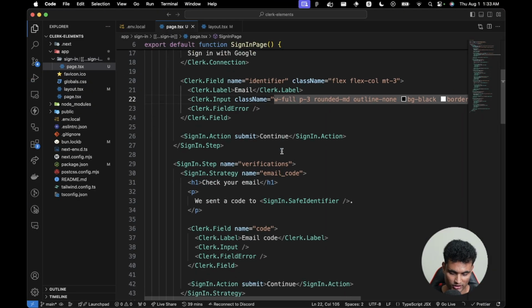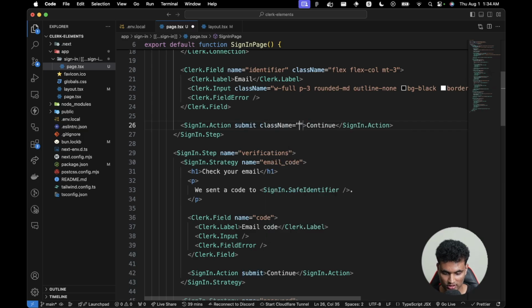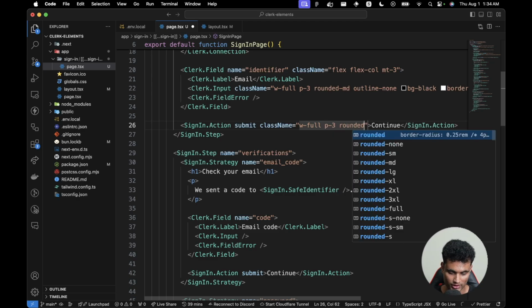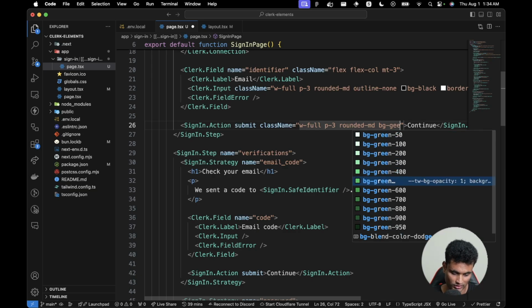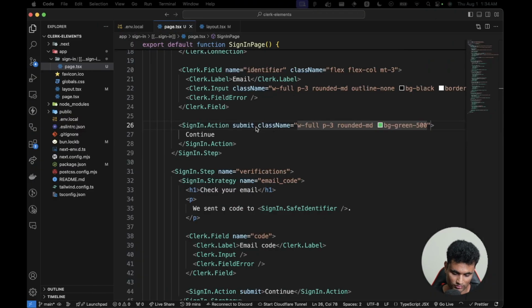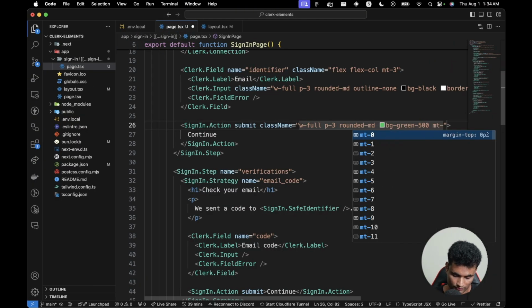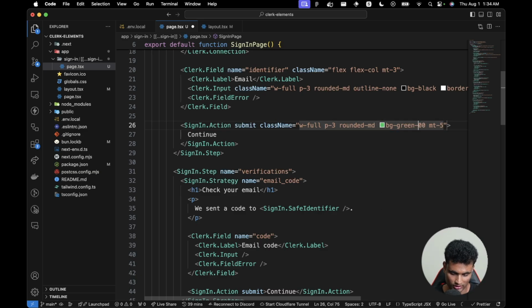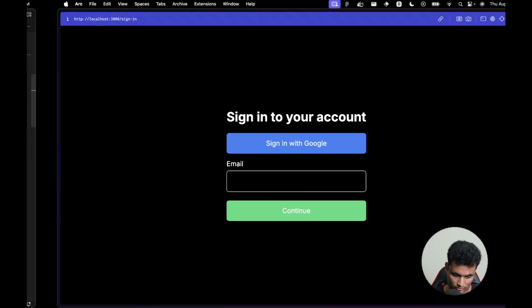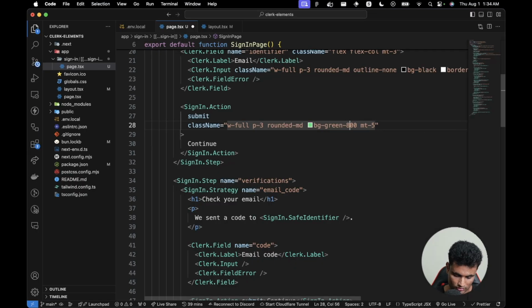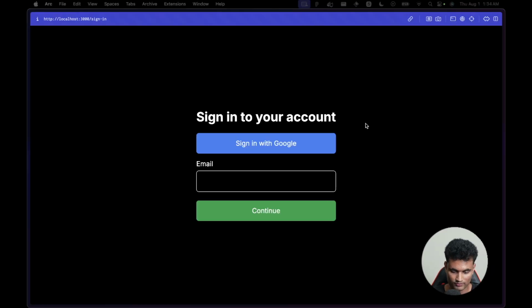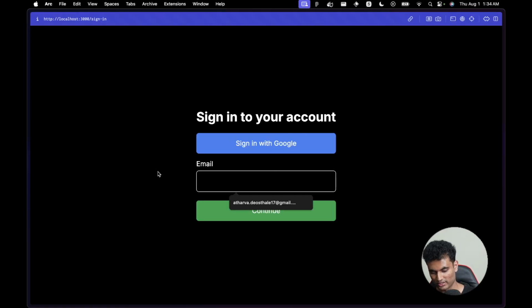Perfect. And then a continue button, we can just have it green, so we can just say class name w full p3, rounded md and bg green. I think this should be good. Yeah, empty 5 again, and I think I'm just gonna go ahead with 400. $600 should do. Yeah. So this is basically how things work, and this is basically all powered with